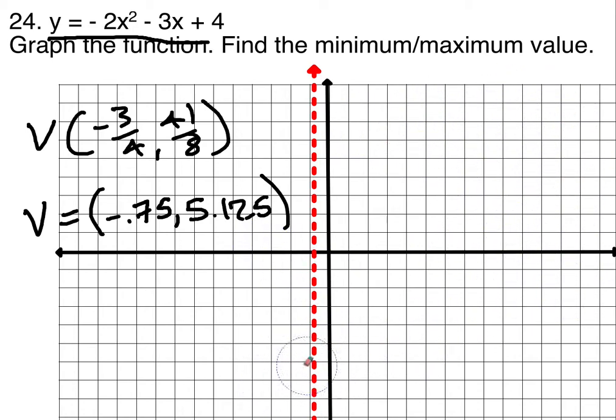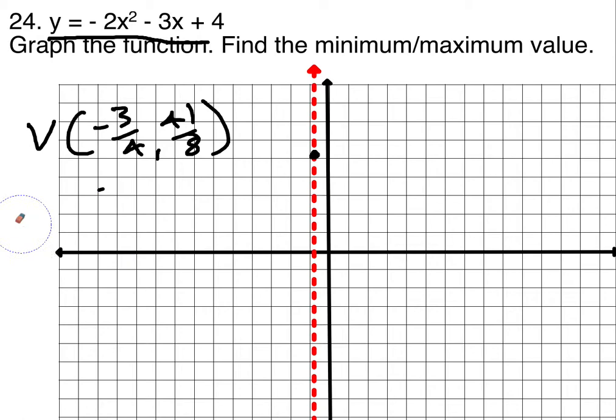That was an aside. So let's graph our vertex. Negative 0.75, comma 5.125. That's about here. I'll just draw a big dot and make sure I get it. Okay, so now that we have our vertex graphed,